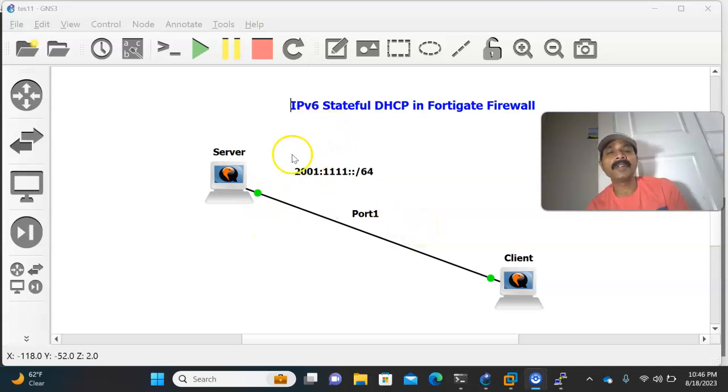So I'm going to create a pool of IPv6 addresses. Within that pool, IPs will be assigned or leased to the client. So that is the only difference. First and foremost, I will assign an IPv6 address to the server. Then I'm going to create a pool. Within that pool, an IPv6 address will be leased to the client from the pool of IPv6 that we have created